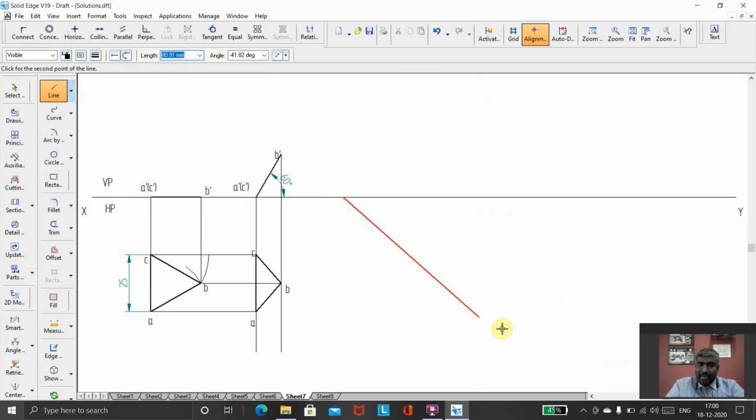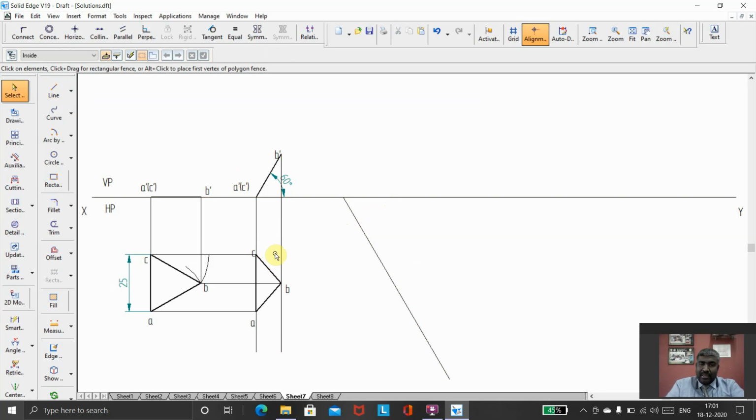So I want to rotate that. I'll go for an angle of minus 60 degrees. I want to take the angle line. This is the angle I have taken. Okay, so minus 60 degrees I have taken now. So this has to be rotated by 60 degrees. What I can do is select these three lines and make them a group. Once you've made that a group, so I want to get,